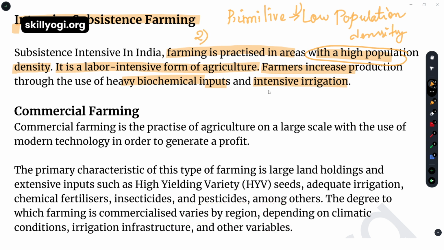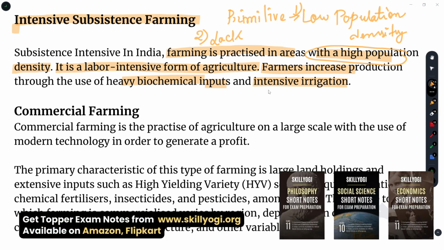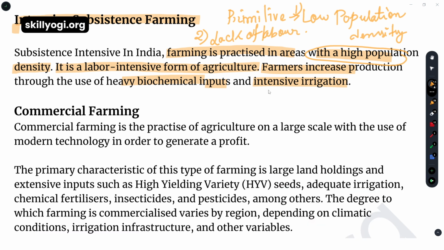Then primitive subsistence was not labor intensive work, like a lot of laborers were not doing work for the primitive subsistence agriculture, but here we have a labor intensive form of agriculture. So lack of labor can be a point. After that, the next line is written: farmers increase production through the use of heavy biochemical inputs. That means lack of